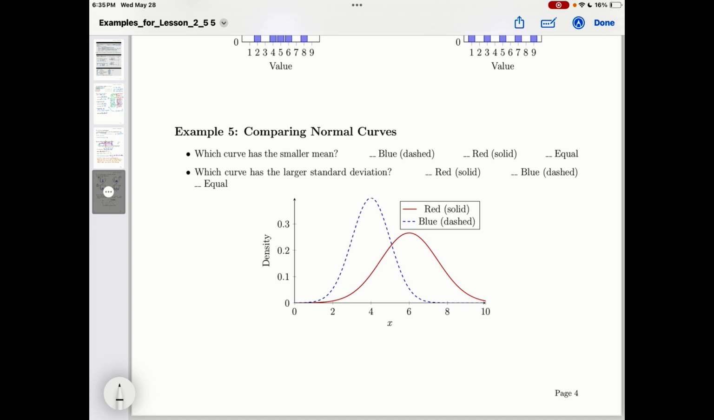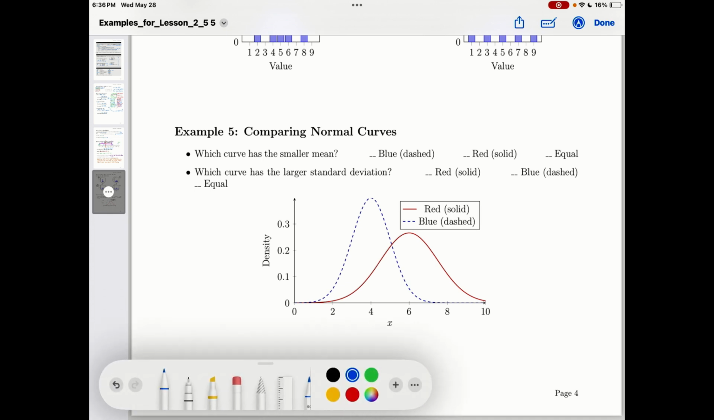Now let's look at another comparison between graphs. For example 5, we're going to compare normal curves, which is that smooth curve that has the bell shape. We have the red curve and then we have the dashed blue curve. The first question says, which curve has the smaller mean? Now remember, the mean is the center, so we're looking at the tallest peak, or the area where the majority of the data lies. Now, for the blue graph, the mean